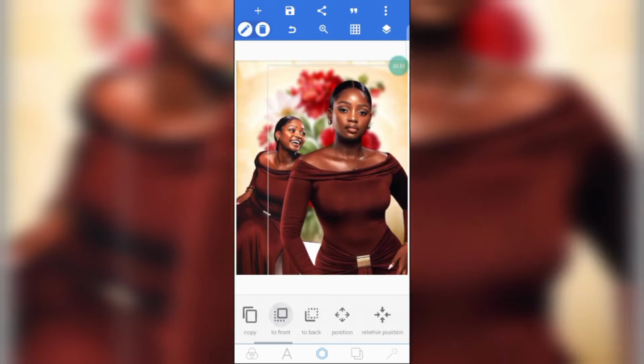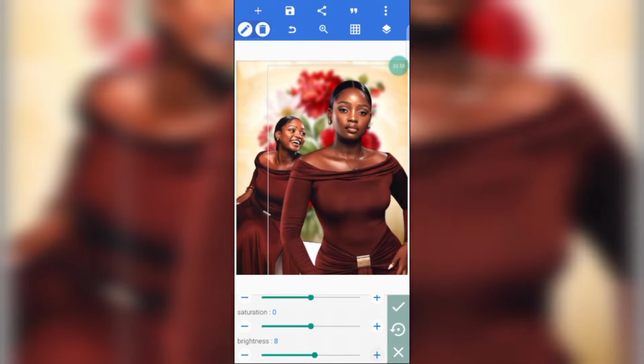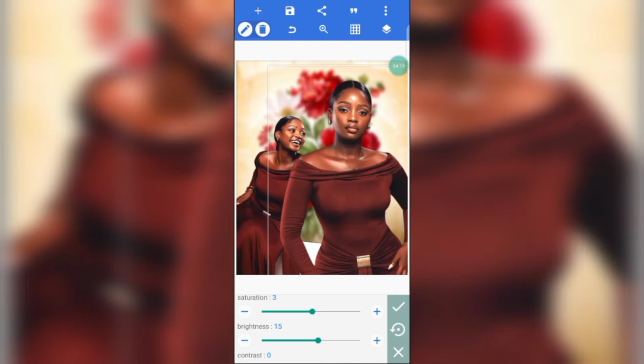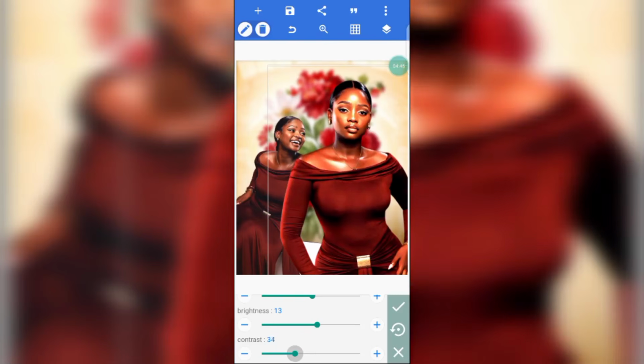Now go to color filters, increase the brightness, increase the saturation. Okay, reduce it a little. Now I've realized that many of you don't know how to edit a picture professionally. Please observe the effect while editing. Now look at the contrast. If I take it to the end, look at what it's going to do to my picture. It is going to damage the picture. It is supposed to enhance the quality of the picture, but if it is too much, it will damage the